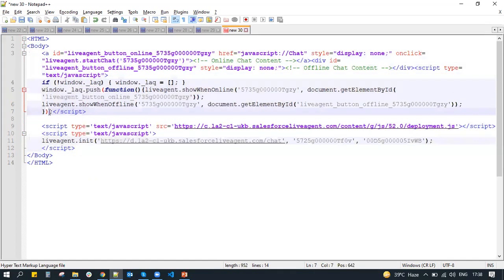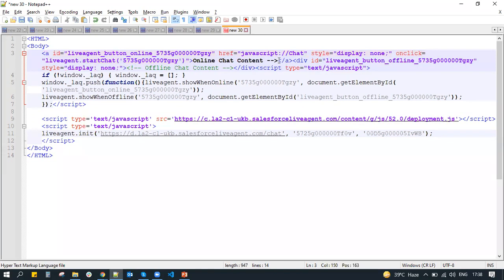This is done. After that, you can see these lines, online chat content and offline chat content. Right now these are commented. You have to uncomment them to see what exactly the status is. Let me change the text here.